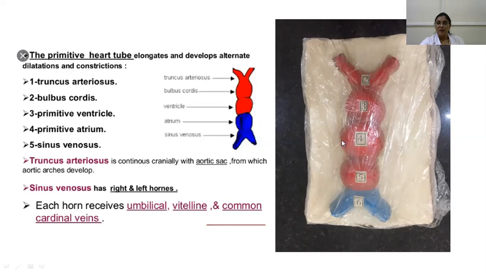This primitive ventricle forms your left ventricle. Bulbus cordis forms your right ventricle. And with realignment, these two chambers are located along the right and left atrioventricular canals. And then the truncus arteriosus divides to form two arteries. One is the pulmonary artery and the other is your aorta. So like the derivatives. That's about this first one. We've got 12.